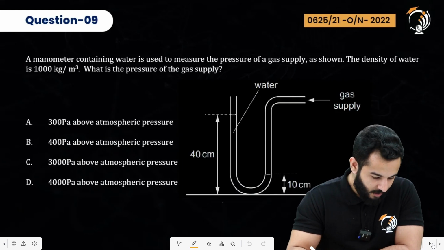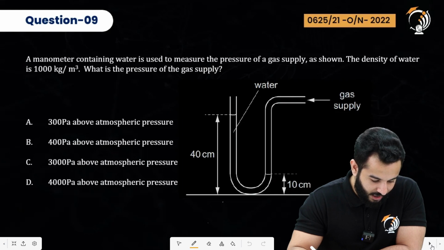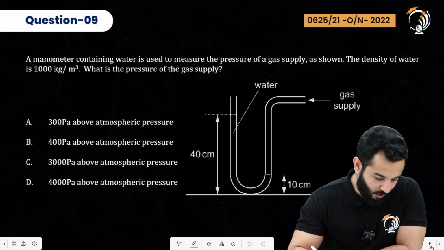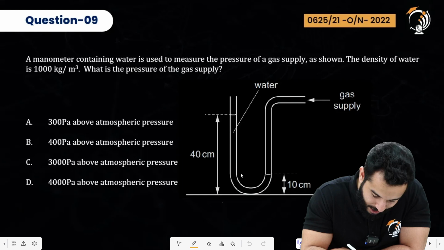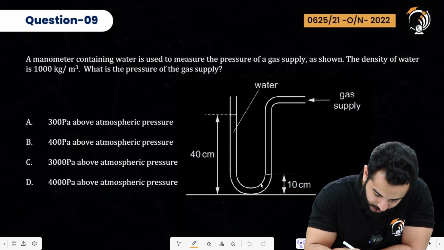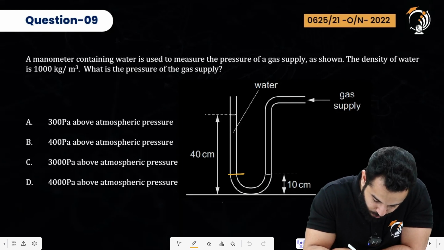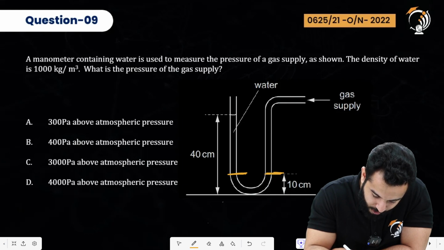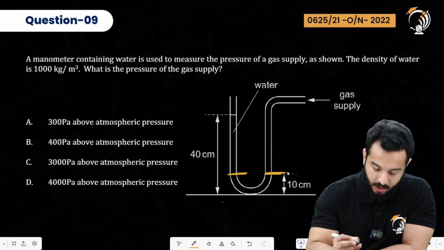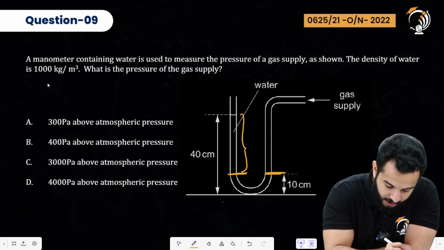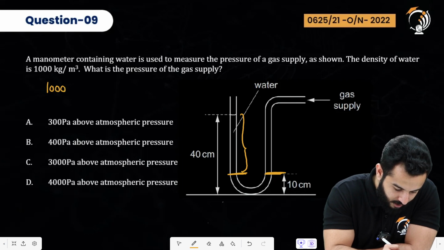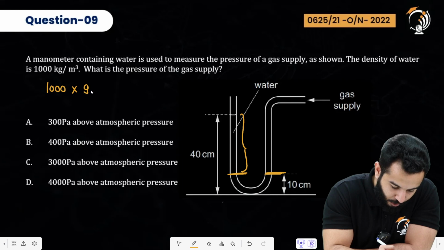Moving on, question 9 says a manometer containing water is used to measure the pressure of a gas. The density of the water is 1000 kilogram per meter cube. What is the pressure of the gas supply? So the pressure of the gas supply will be equal to the difference between these two points. So this point has exactly equal pressure to this point, right? That's what the gas pressure is. So this difference is going to be rho gh. So rho is 1000 times g is 9.8